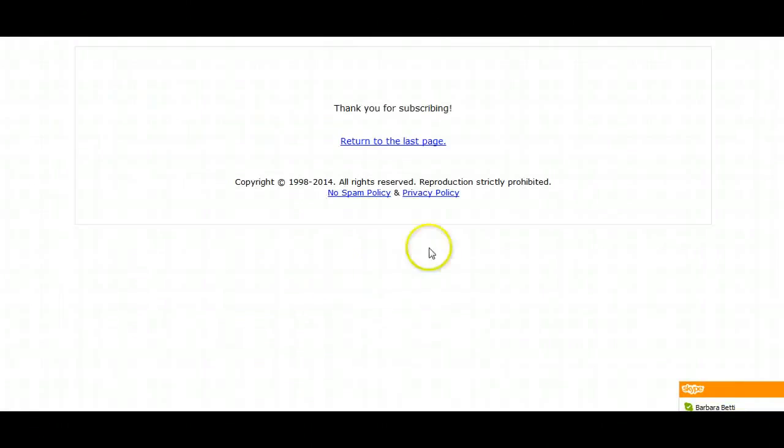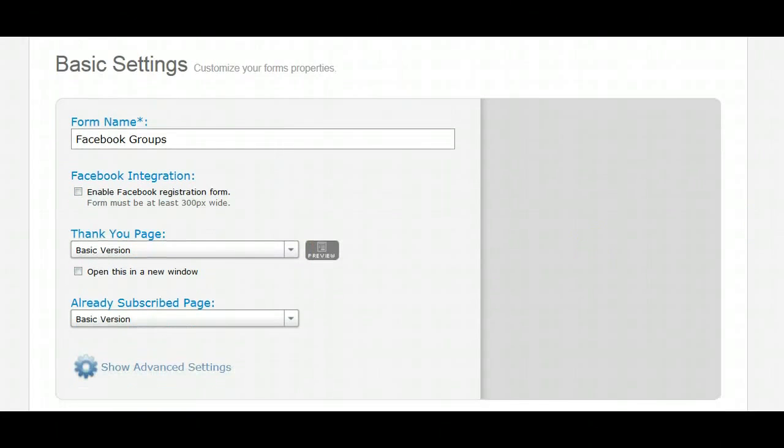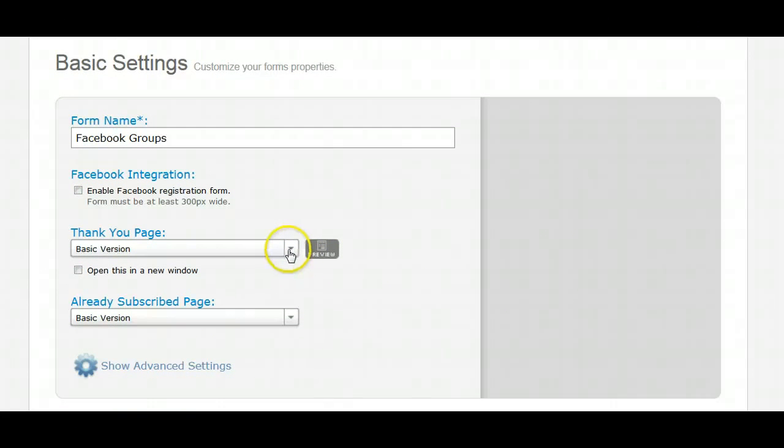Let's preview it. This is what they're going to see. Right now you have their attention, so why not give them something that's going to have them take action? So let's just say you want to redirect it to your blog. You can do that. But you just told them you're going to give them 5 free traffic sources. So a really great thing to do, and this is going to set you apart from a lot of marketers,